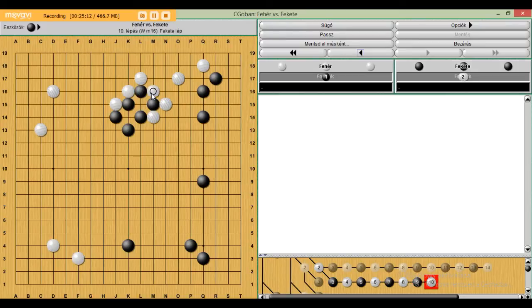which might look like a good technique here, but the problem is that white has just too many cutting points to take care of. I cannot even count how many cutting points. 1, 2, 3, 4, 5, 6 cutting points. Of course the black shape looks like a dumpling, it's not so effective, but the problem for white here is that it's impossible to fix all those cutting points with one move. Even half of the cutting points is really difficult to fix with one move,